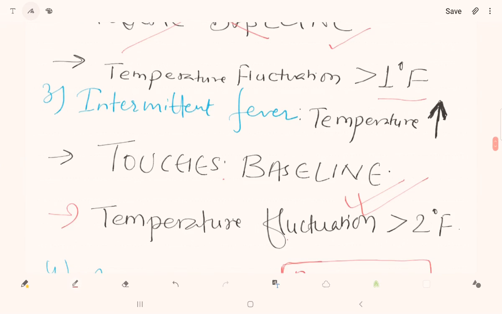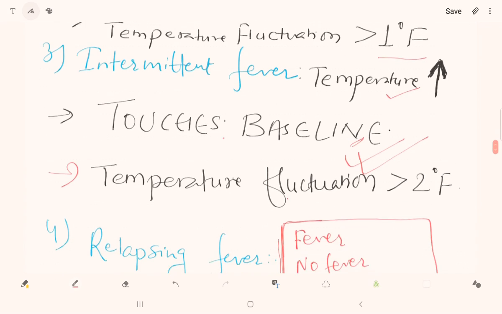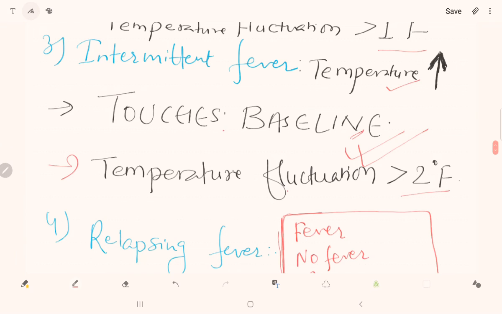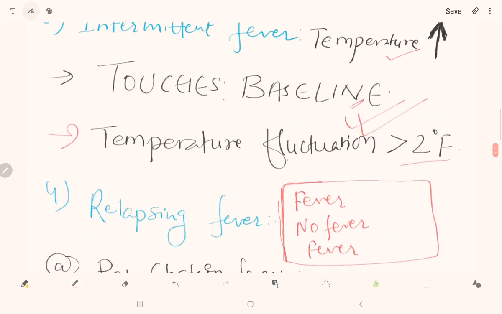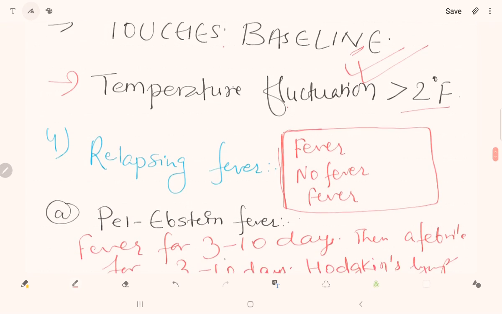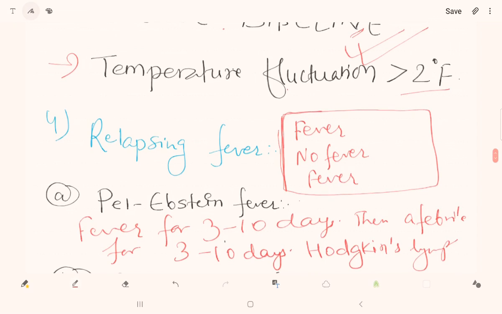Intermittent fever is the fever where temperature is elevated and it touches the baseline. That means there will be no fever for a certain period of time, and the temperature fluctuation will be more than 2 degrees Fahrenheit. Now there is an entity called relapsing fever, where we will have fever, no fever, and